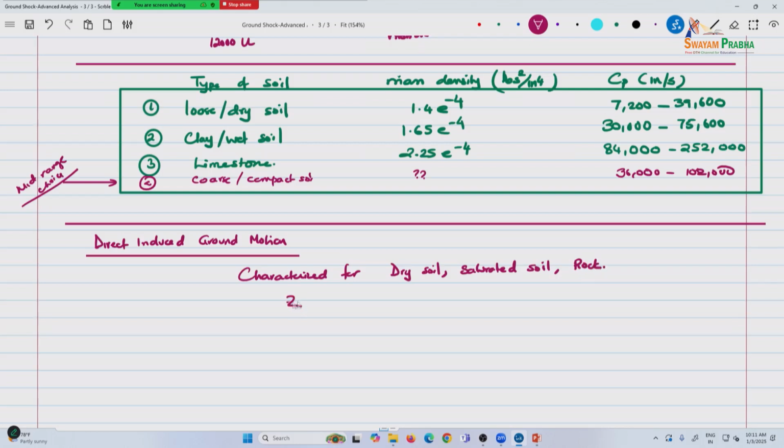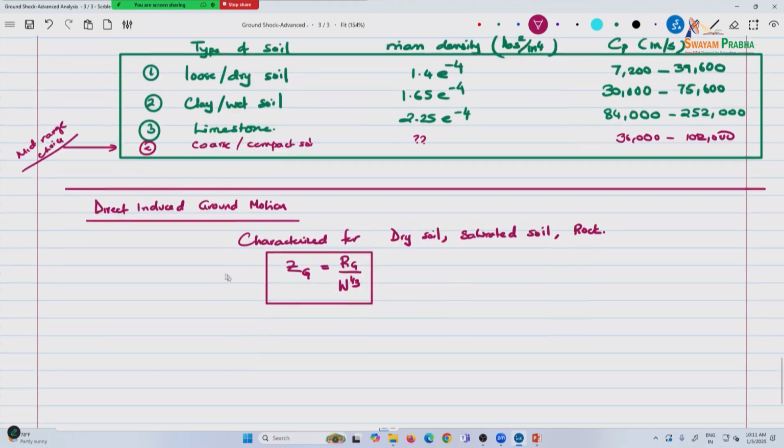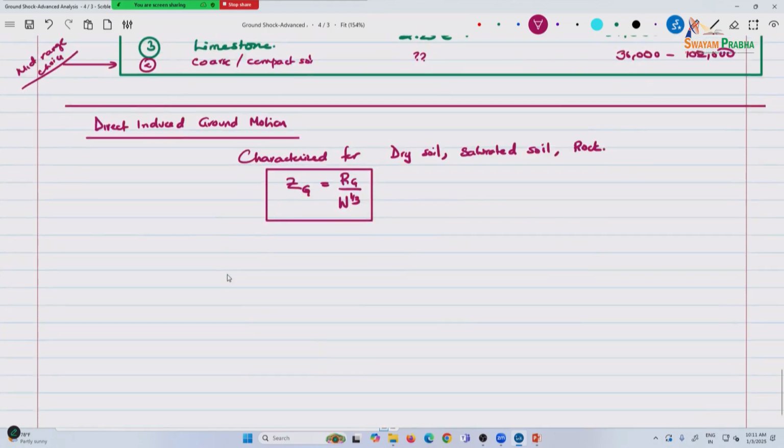So for all this, if Z sub G is R sub G divided by W to the power 1 by 3, we have similar expressions for vertical motion. I'll take up a short example of this as well. This is the maximum displacement dV,